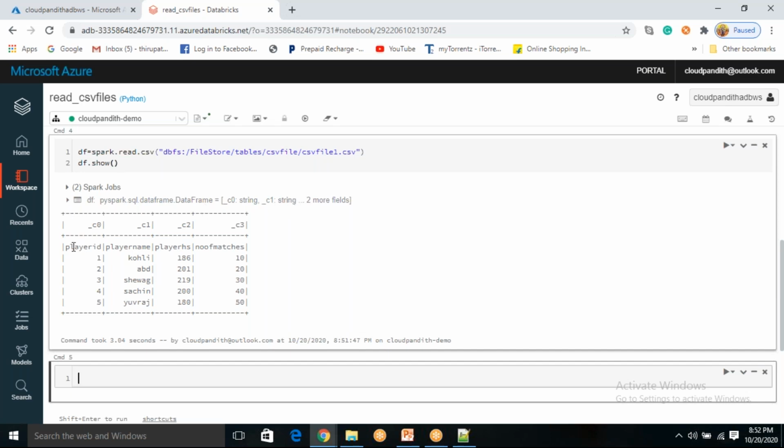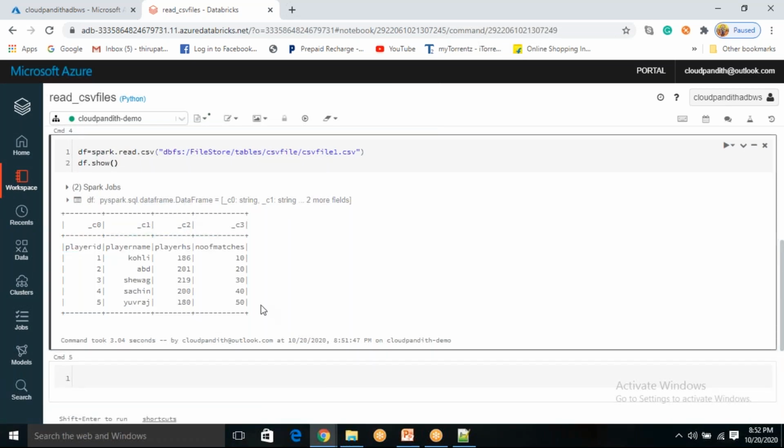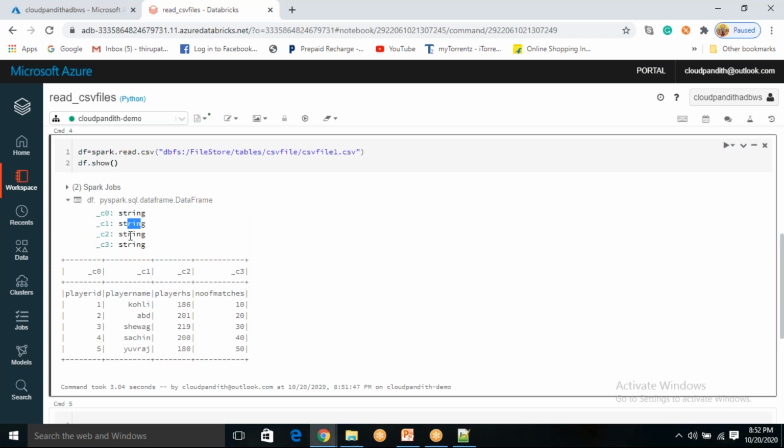That's why data is showing in a proper tabular format because it's already available in comma separated values. So that's why it identified each column separately. Third thing, inferSchema is also false by default. That's why the data type of each column is string, string, string, string. The default column names are underscore C0, underscore C1, underscore C2, underscore C3.